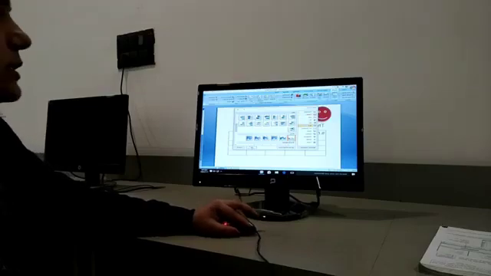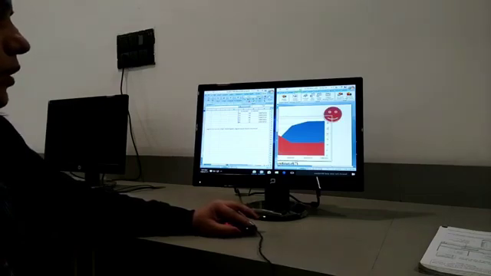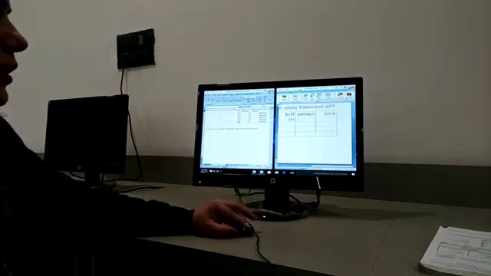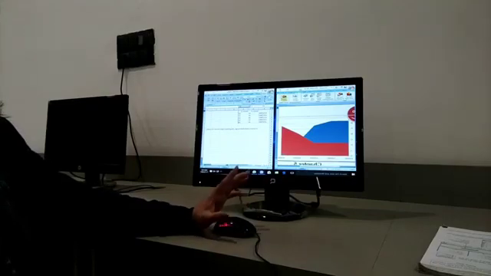So I am choosing this. Okay. So you can see my chart is showing here. You all can see the chart. Whatever data I have mentioned, the chart is showing it here.